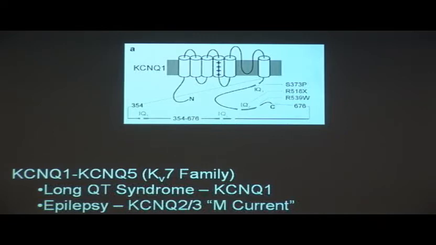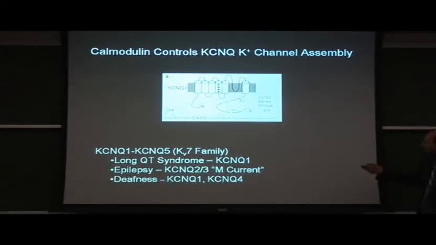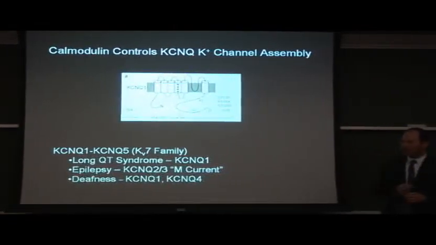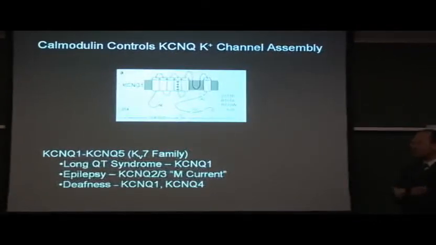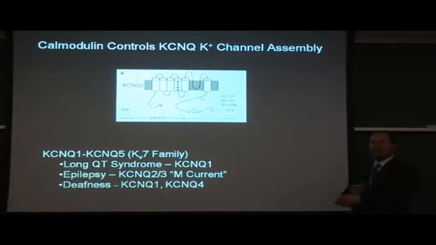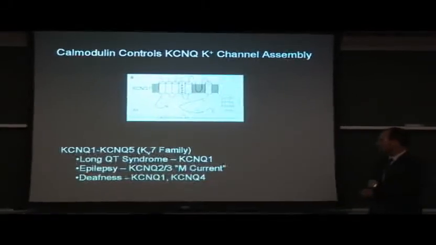There have been several recent reports suggesting that in the KCNQ family members, of which there are 5, most of them expressed in different neuronal tissues, there are 2 IQ motifs, these very poor calmodulin consensus motifs, within the C-terminus. And there's some data from KCNQ2 and KCNQ3, which together form heteromers that underlie something called the M current in neurons, and mutations in that current lead to epilepsy. There is suggestion that calcium via calmodulin regulates this M current in the brain.